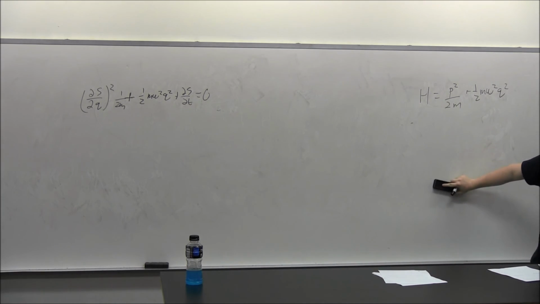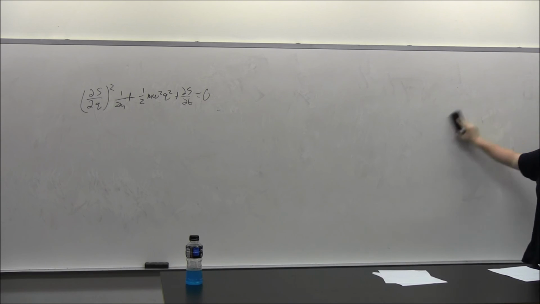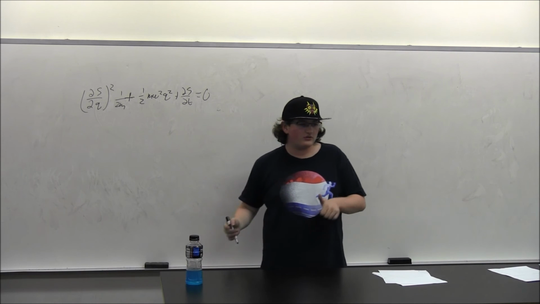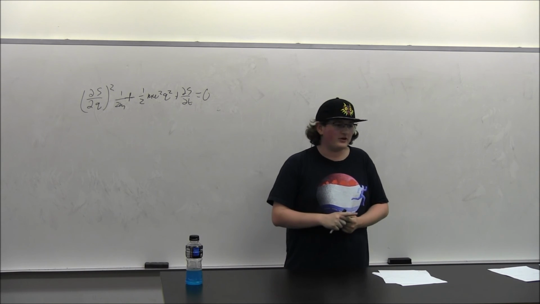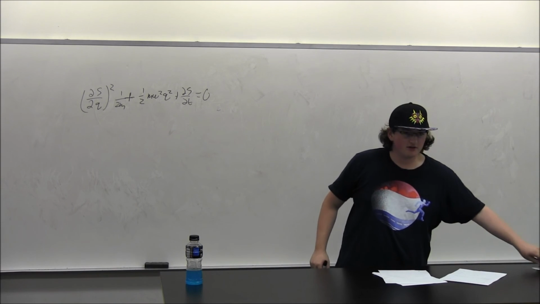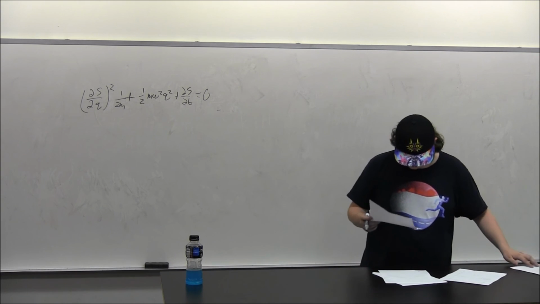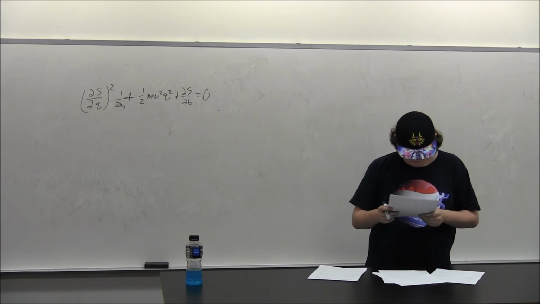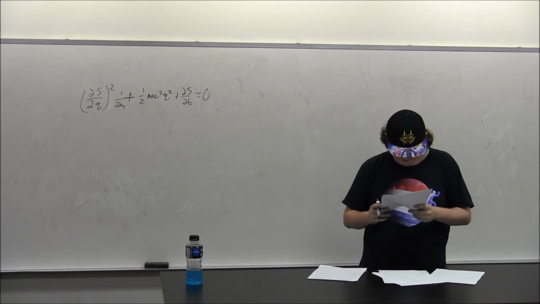If we can do that, then we know we have a generating function, which means that we can change our variables from Q and P to two new variables which are constants in motion, or that will be constants in motion. So to do that, what we're going to do is,